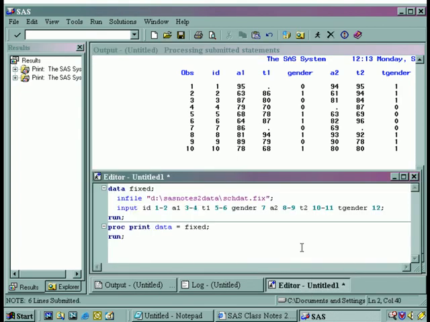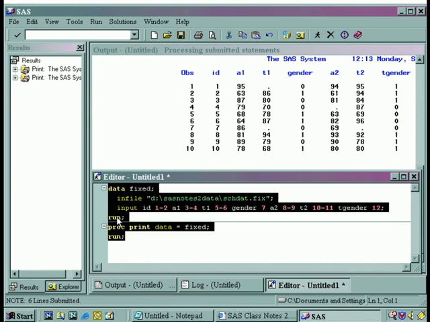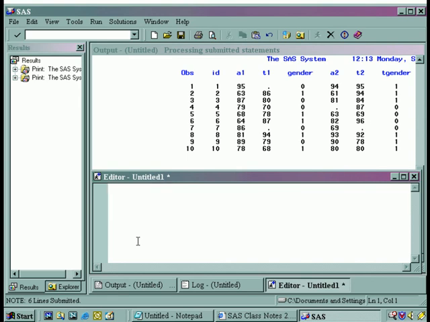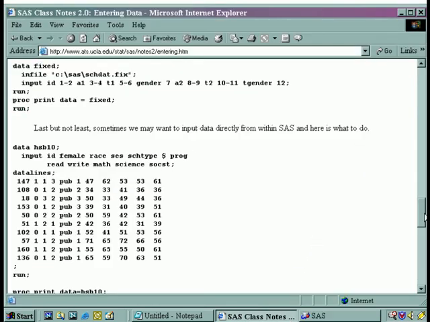Come down here and you click on your editor, and again, I'm going to highlight all this and press my delete key on my keyboard to clear it out, but you don't need to do that. I just do that so that it doesn't get confusing what I'm doing. And then let's come back down here to our notes, bring up our web page again,